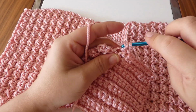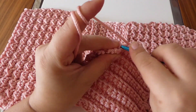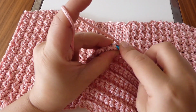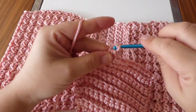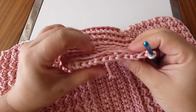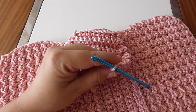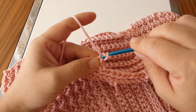and 9. Now again we're gonna close 2 stitches in one. Insert the hook into the first, yarn over, insert the hook into the second, yarn over, 3 loops on the hook. You're gonna close it all together. Chain 1, turn your work. Now you're gonna have 11 stitches, so you need to work 1 single crochet in every stitch. Chain 1, turn your work,